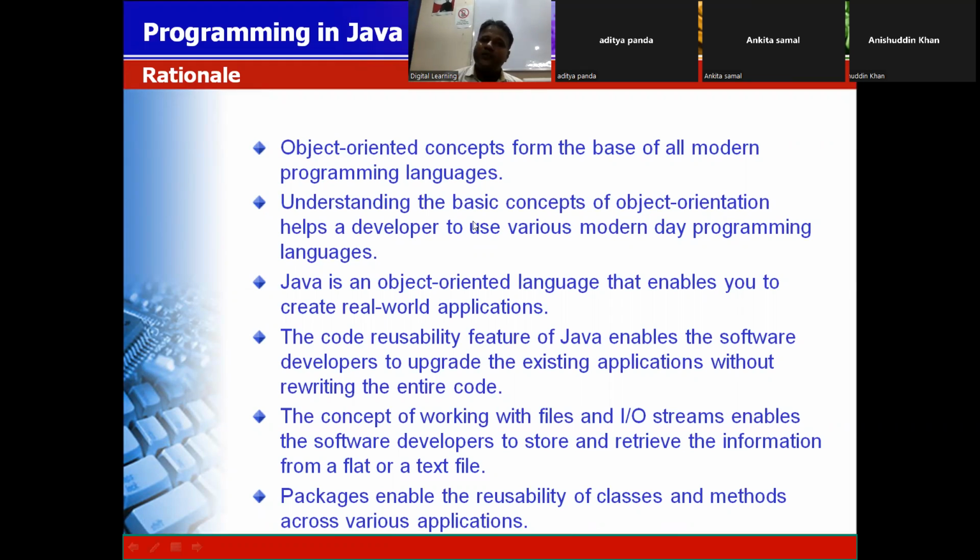So Java is an object-oriented language that enables you to create real-world applications. You cannot say Java is a fully object-oriented programming language. Java supports object orientation, but Java is not a fully object-oriented language. Fully object orientation means if a programming language doesn't have